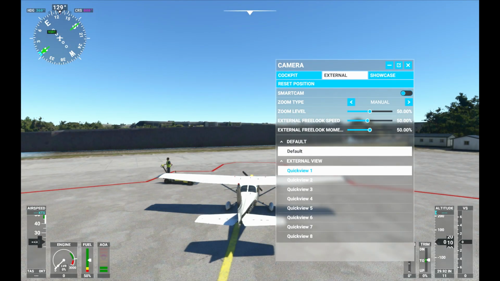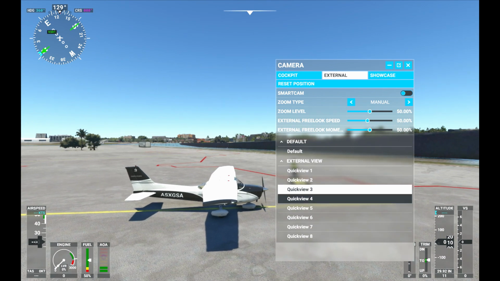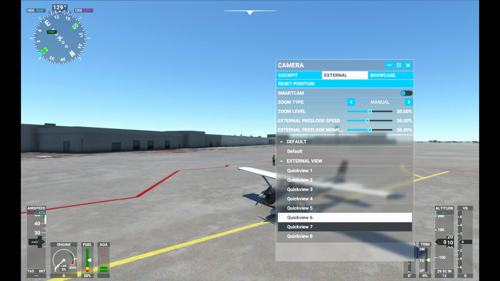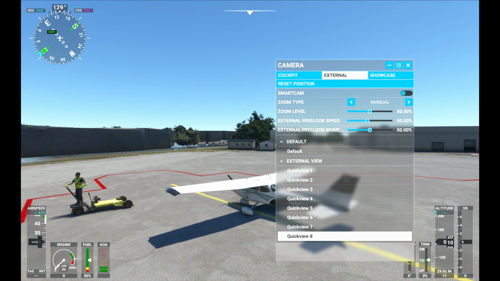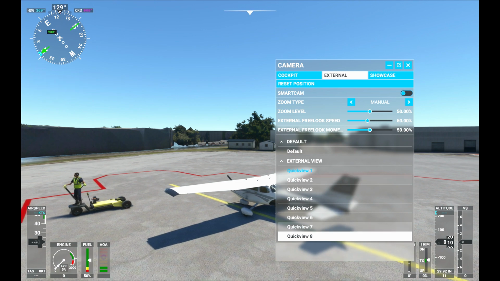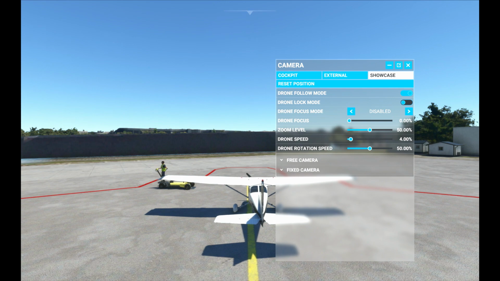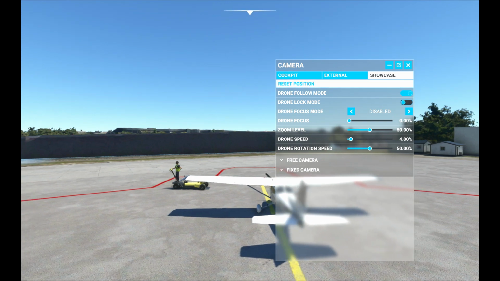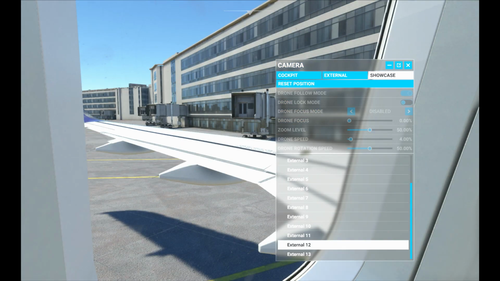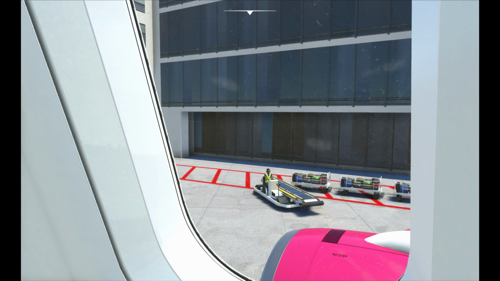There are plenty of videos out there that talk about setting the properties for the different camera views, but I thought we'd cover some of the presets that are provided. You'll find they can vary slightly from aircraft to aircraft. Many of these preset camera angles can be very useful in presetting the drone or external camera placement and are real time savers. Make sure you check them out on the different included aircraft as they'll vary. For example, the A320 includes this nice wing shot and engine shot, and you won't find those on the Cessna